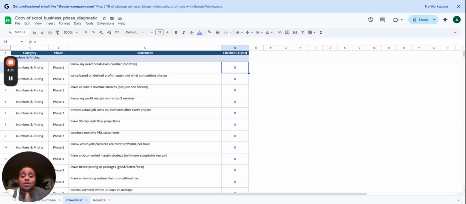This is for your eyes only. Be honest so you can truly assess yourself and see what areas you need to grow. After you put your ones in,